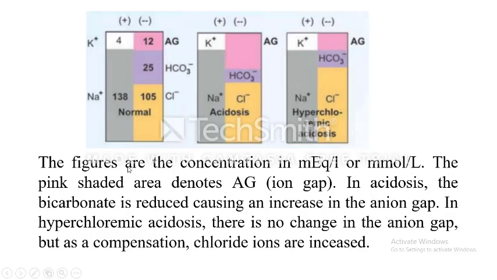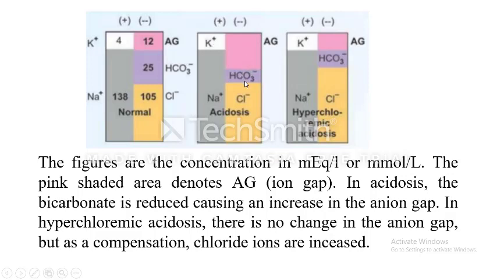And this figure, the figures are the concentrations in milliequivalent per liter, or you can say millimole per liter. The pink shaded area denotes the anionic gap. In acidosis, the bicarbonate is reduced. Bicarbonates are reduced. You see, here they were 25 and here they are going to become less, causing an increase in ion gap. So the ion gap is basically increased